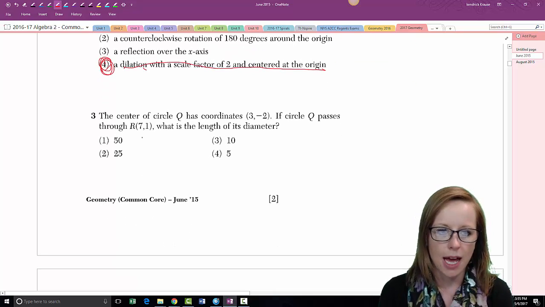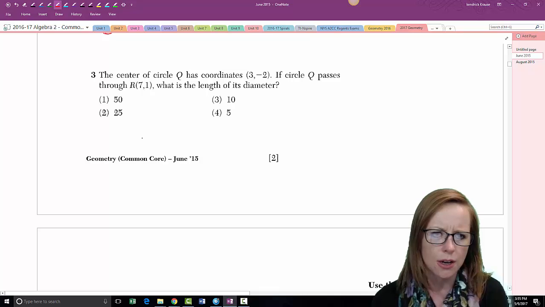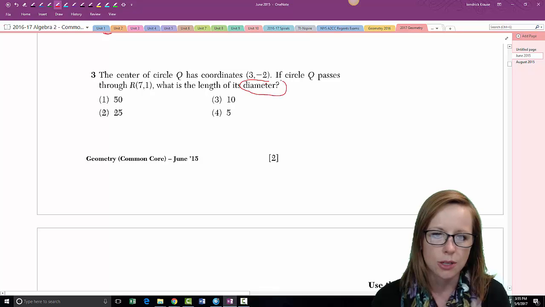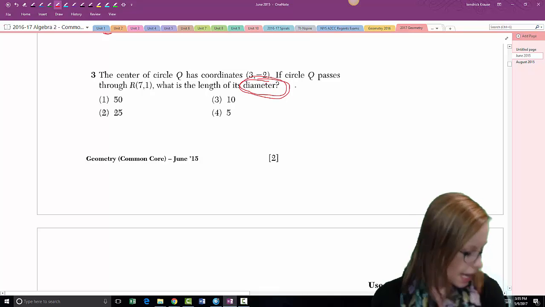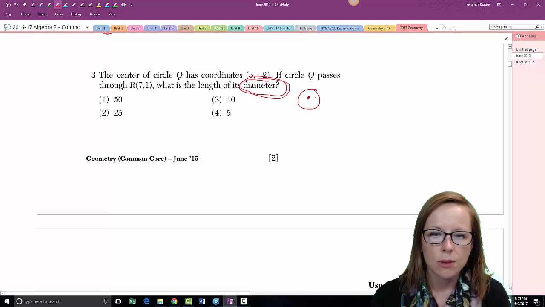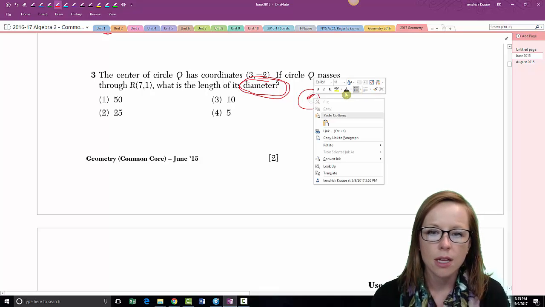All right, then we've got a circle, a center of circle Q has coordinates 3, -2. If circle Q passes through 7, 1, what is the length of its diameter? I want you to circle diameter. This is always a tricky question here. All right, so we have a circle of center 3, -2. We have a point 7, 1. That's going to be a radius, right? That's going to be R. Diameter,